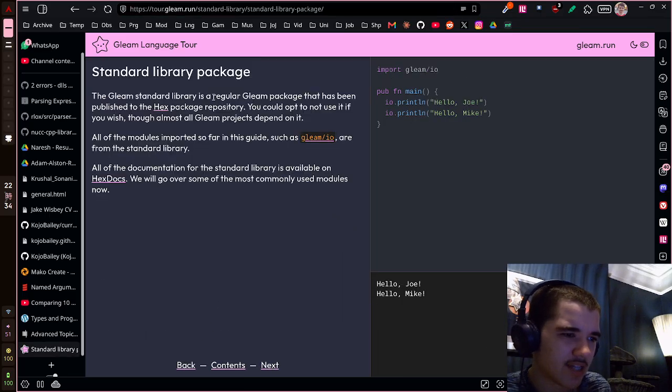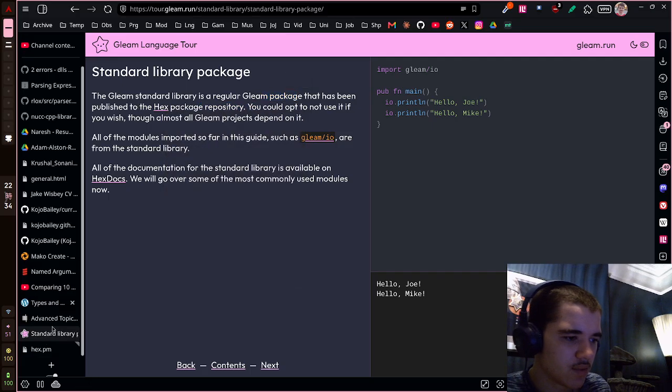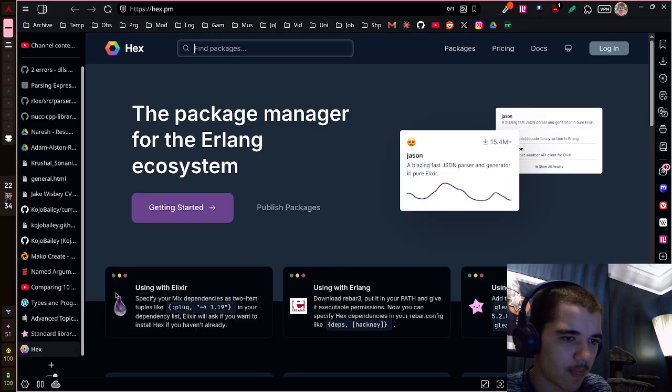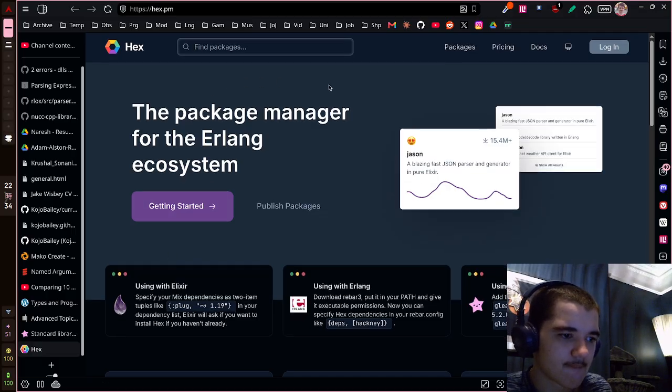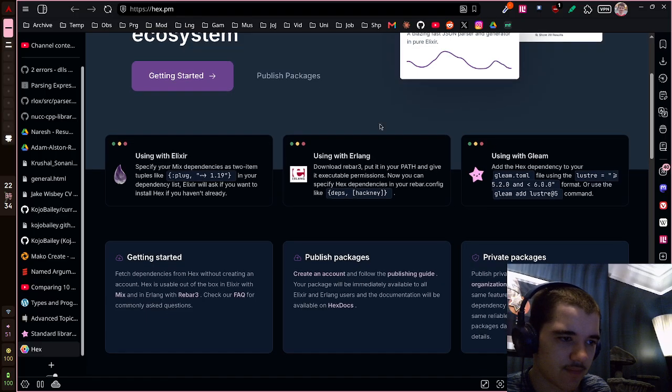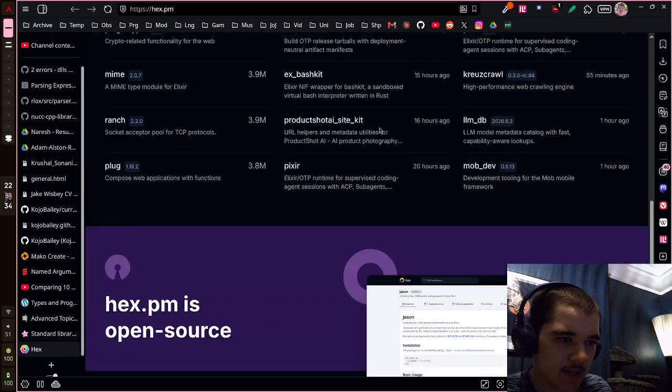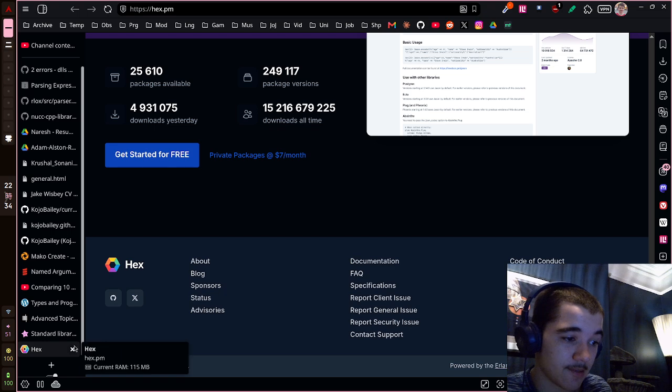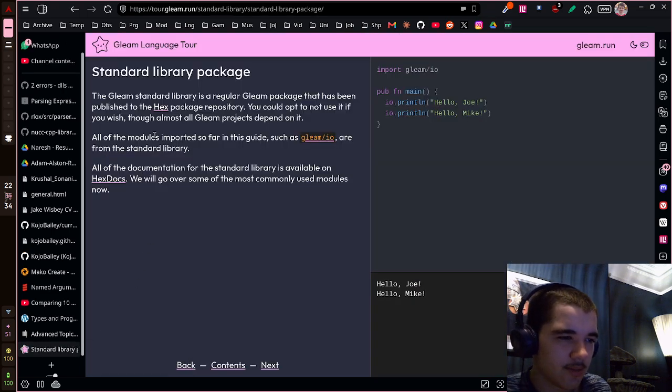The Gleam standard library is a regular Gleam package that has been published to the Hex package repository. What's Hex? For Erlang in general. Elixir, Erlang, and Gleam. Cool. I like that Gleam is officially recognized. I don't know why you'd use Gleam. All the modules imported so far in this guide are from the standard library. All the documentation for the library is available on Hexdocs, so I'll go over some of the most commonly used